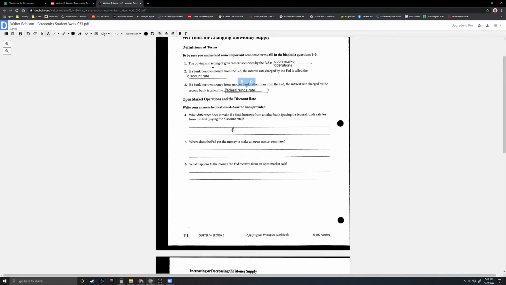All right, question 4. What difference does it make if a bank borrows from another bank, paying the federal funds rate, or from the Fed, paying the discount rate? Well, the answer is this. If banks borrow from each other, then no new money is created because they're just shifting money from one bank's vault to another bank's vault. Okay. However,